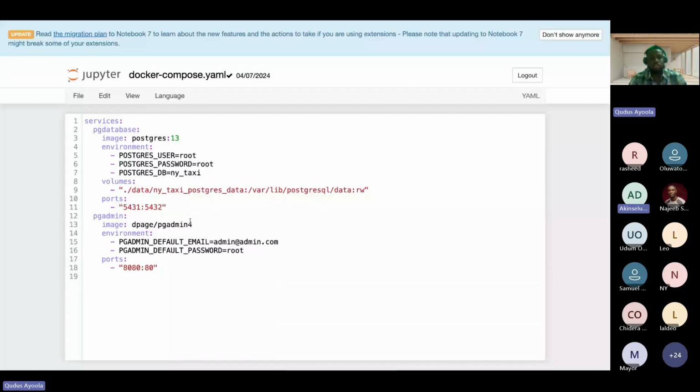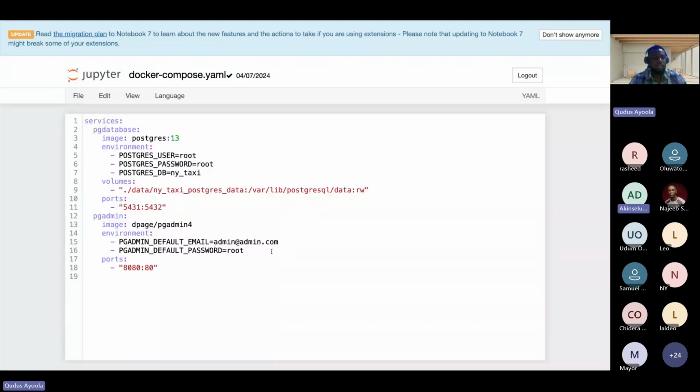So in this case, rather than using docdb, we want to use a Postgres environment as our destination environment. So right here, I'm mapping the place where I want the data to get stored. I have my root user here, and this is my port here. 8080 on the local environment is connected to the Docker container on port 80.